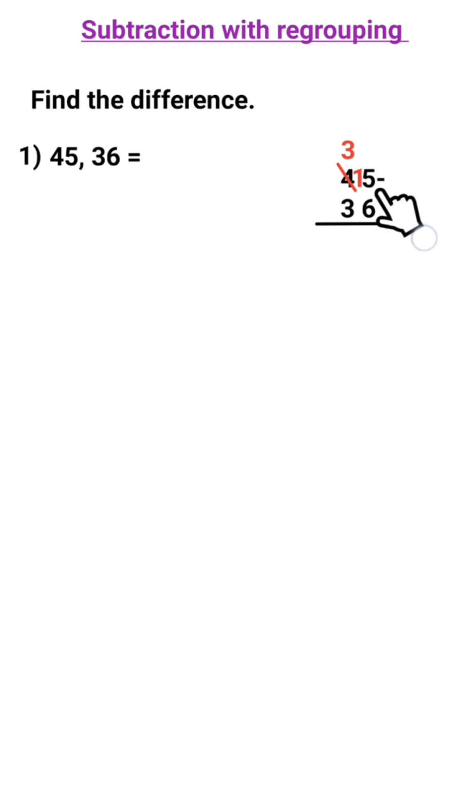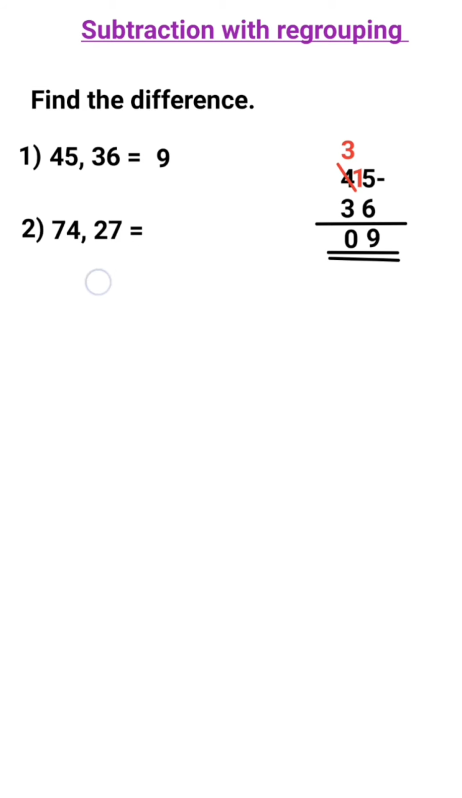Now let's subtract. 15 minus 6 is 9. 3 minus 3 is 0. So we can write the answer as 9. Any two-digit number like this starts with 0. Okay, now the next question is